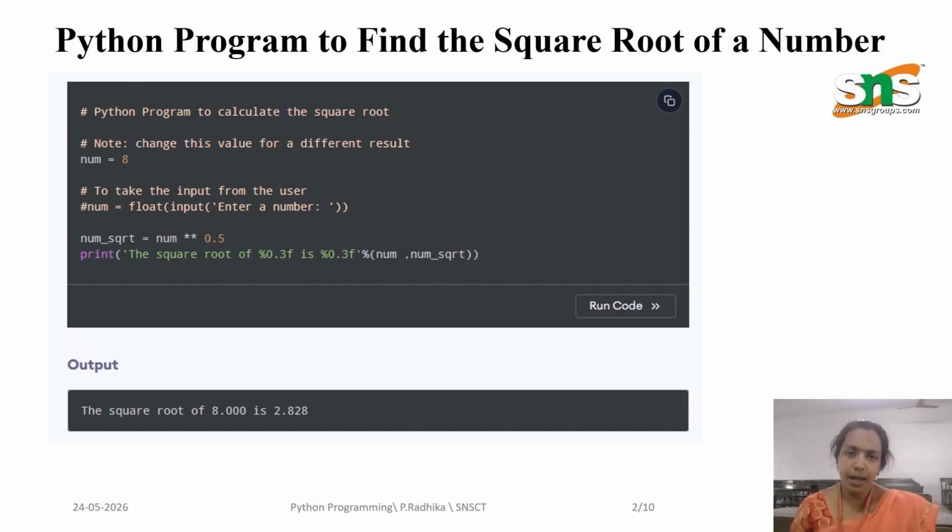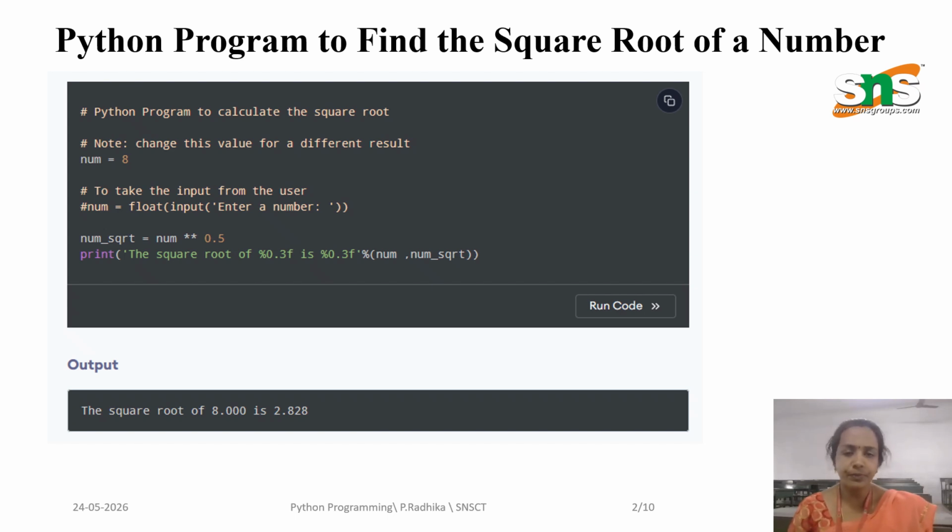Why is there a double asterisk? That is because it's like an exponential power. So power of 1 by 2, I told already in the beginning of the video. So double asterisk 0.5 I have mentioned. So print of the square root of percentage point 3 f is percentage point 3 f percentage num comma num